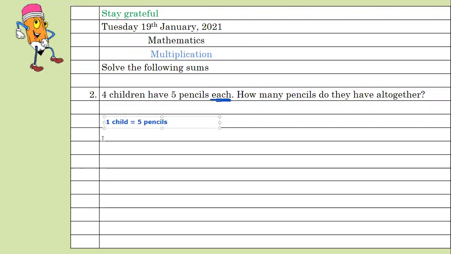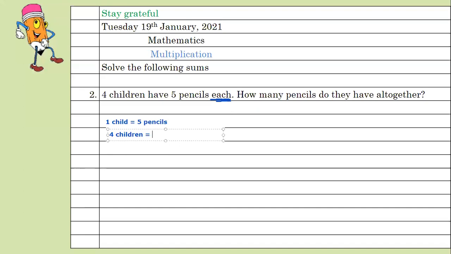That's what we know. And what do we write on this line where we have to put what we're trying to find out? So pause the video and write what you think we're putting on the second line. Right, on the second line, we're putting 4 children equals. So we know that 1 child has 5 pencils, and we want to find out how many pencils 4